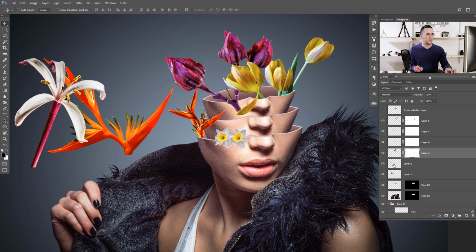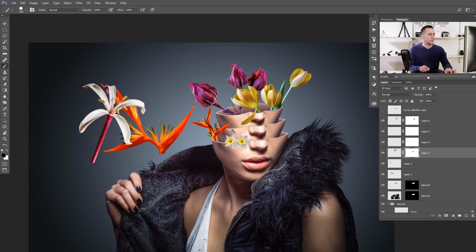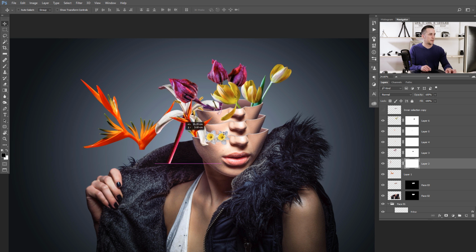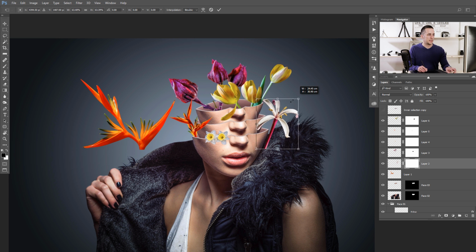And again, I will go to the face three, use a magic wand and just load this selection here and go here, invert the selection, Shift Control I or Shift Command I, and with the black brush just erase that. That's really, really nice. Go to the next one. I hope that I'm not so quick. I hope that you can follow me. Make it smaller,